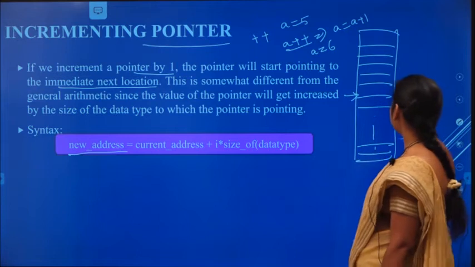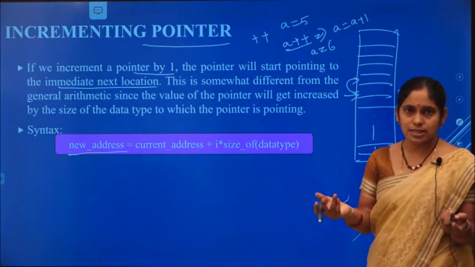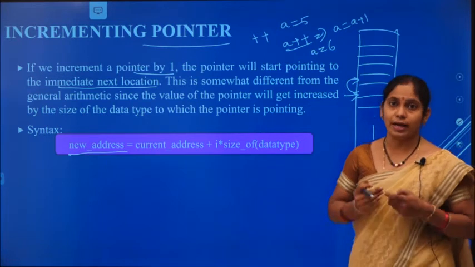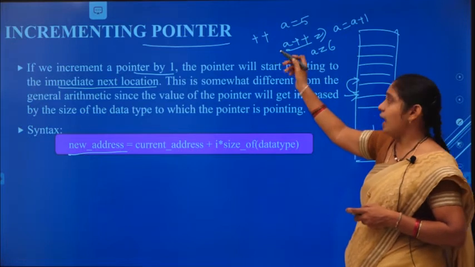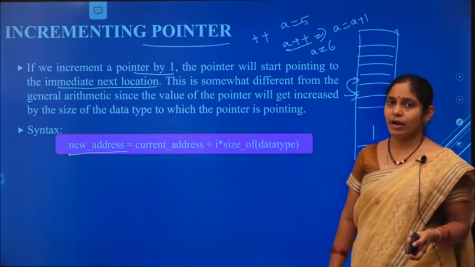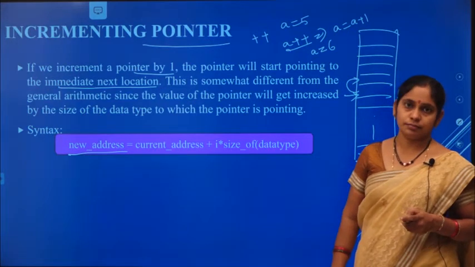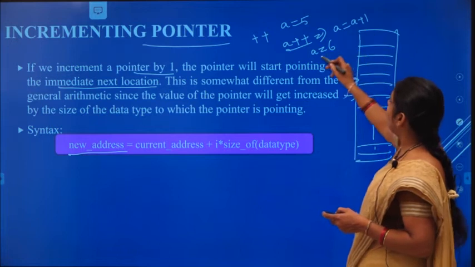Whatever the next location is, it immediately moves there, meaning the pointer address will be modified. Like here, the initial value of A is 5. After performing the increment operation, the value of A is modified: 5 is substituted with the new value 6.